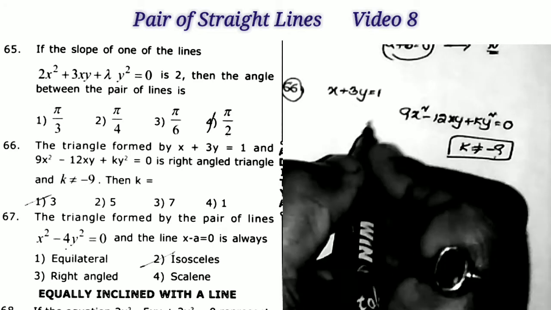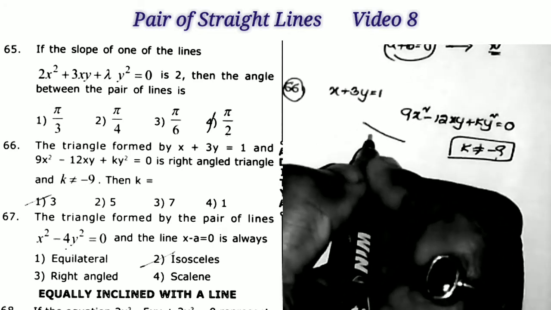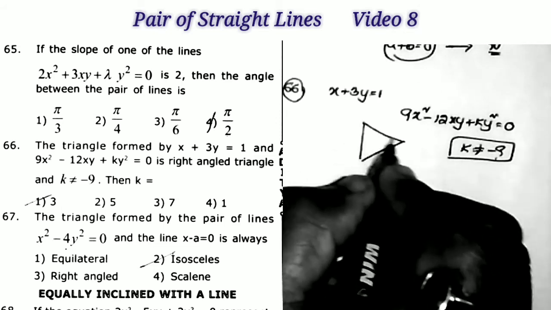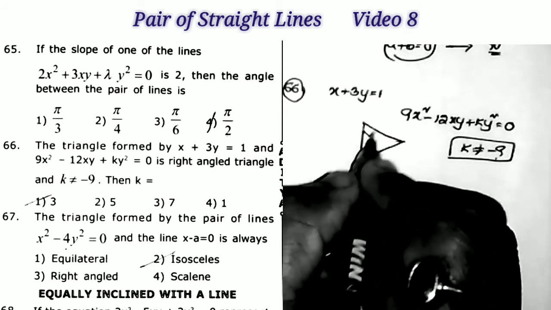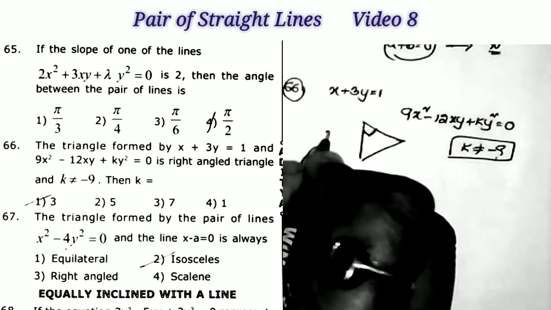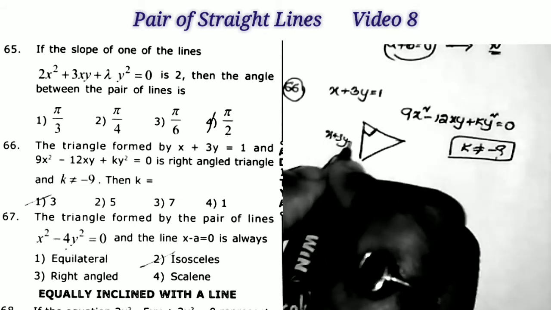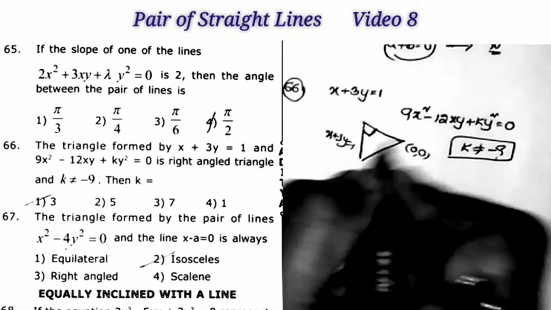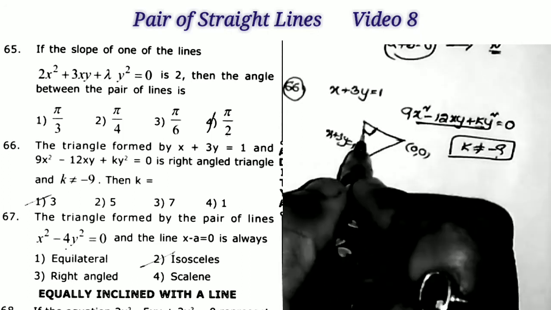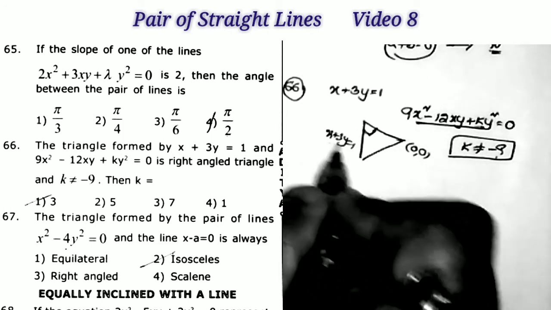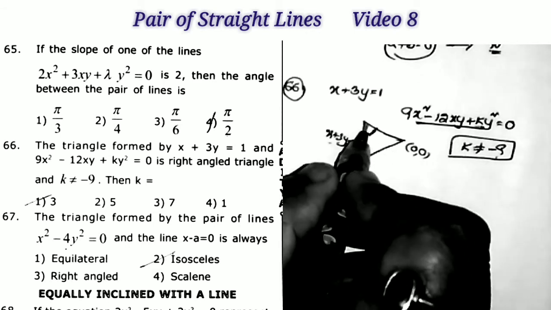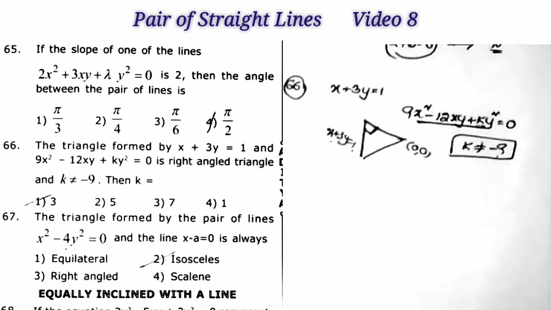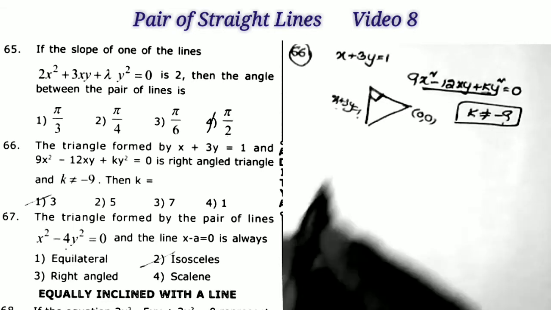Understand? Here, suppose these are the lines, like that. Now one of the lines of this equation is perpendicular to the given line. This is x plus 3y is equal to 1. This is 0, 0. These two are the lines represented by the pair of straight lines. This is the third line equation, x plus 3y is equal to 1. Now given that one of the lines of the pair of straight lines is perpendicular to the given line. Now what is the k value? That is the given question.